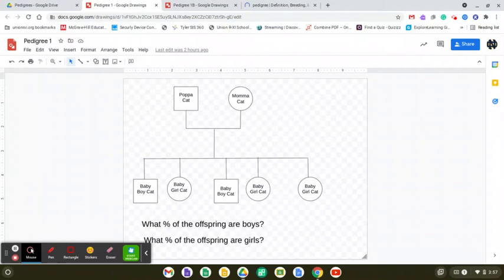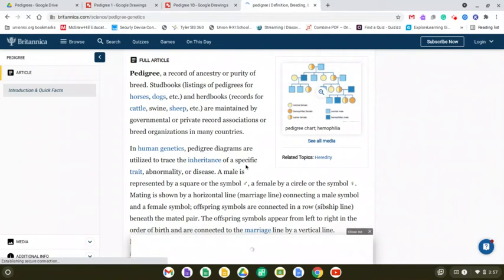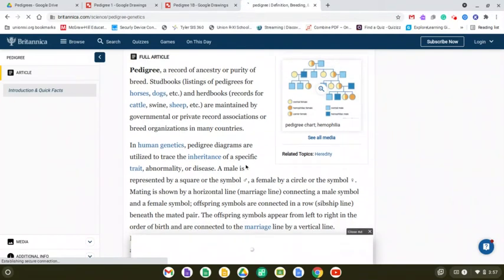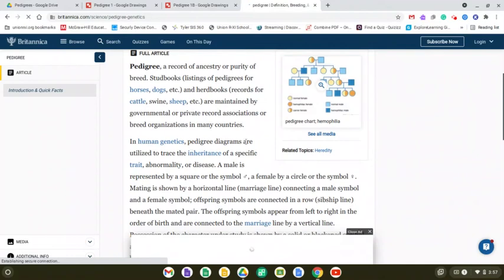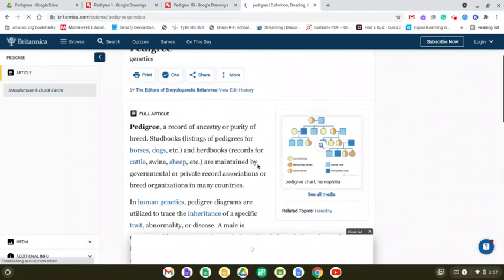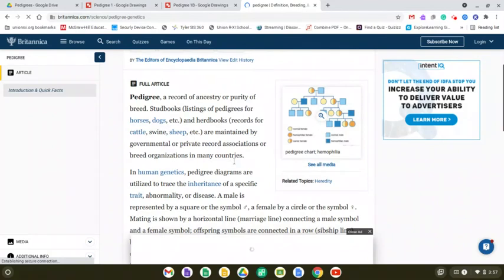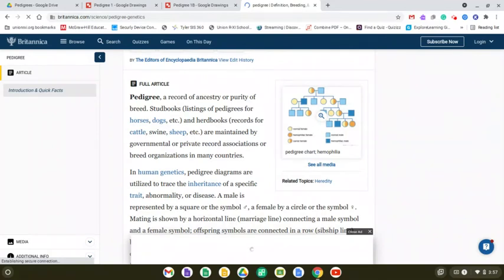single generation of offspring. Whereas with pedigrees, the Encyclopedia Britannica definition shows right here: in human genetics, pedigree diagrams are utilized to trace the inheritance of a specific trait, abnormality, or disease. And so it can go over several generations. It's not always going to be just mom and dad making the children. It's going to be what do those children pass on, and so on. So a pedigree is more of a long line of inheritance,